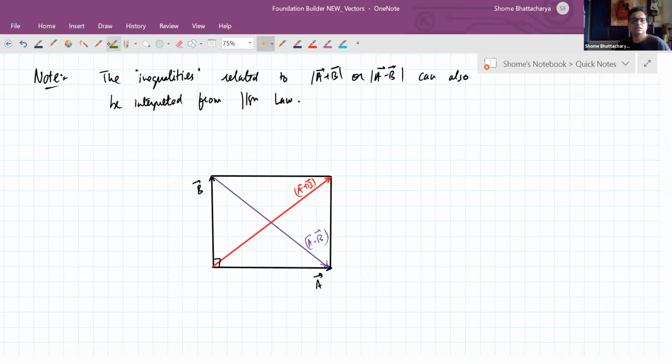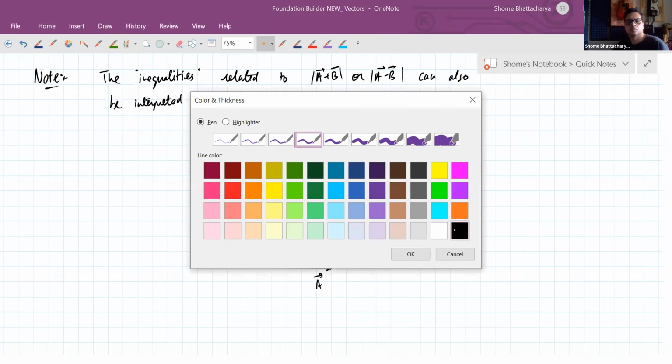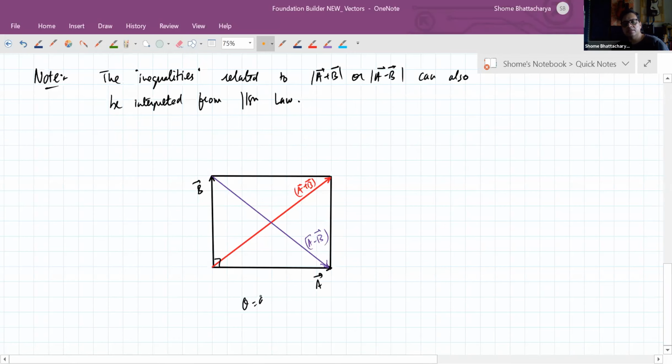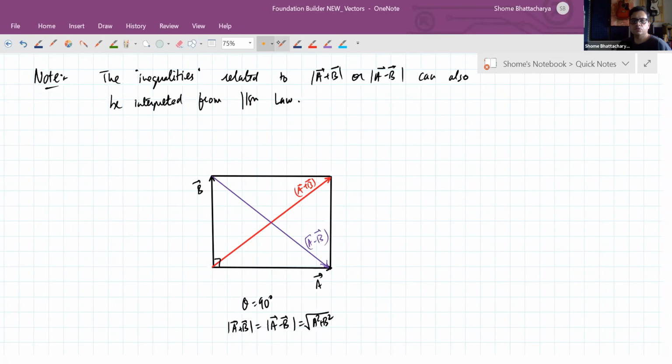Now if we were to compare this with a situation where, so this is where theta was 90 degrees, we had mod of A plus B is equal to mod of A minus B is equal to root of A square plus B square. It's very easy to visualize from this. You don't have to apply any formula and all that. Now, as opposed to this, next let us visualize the situation of